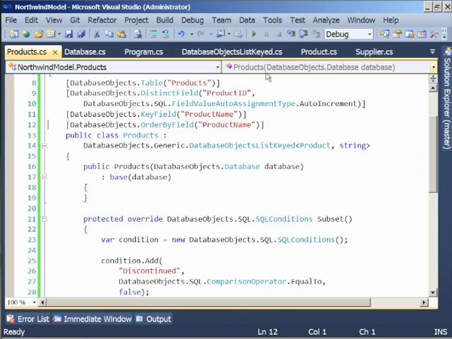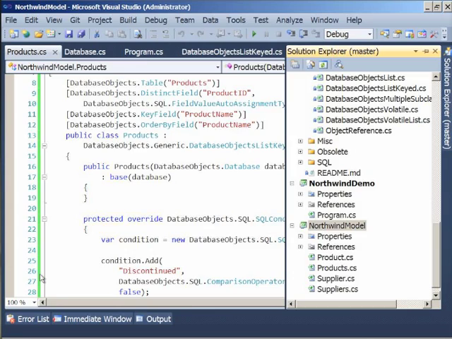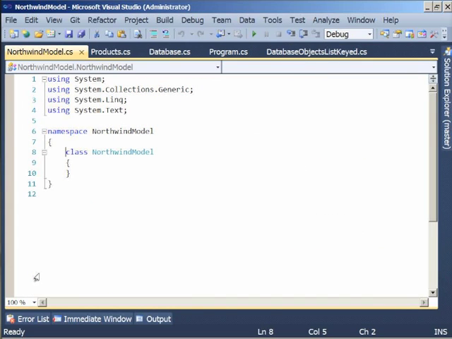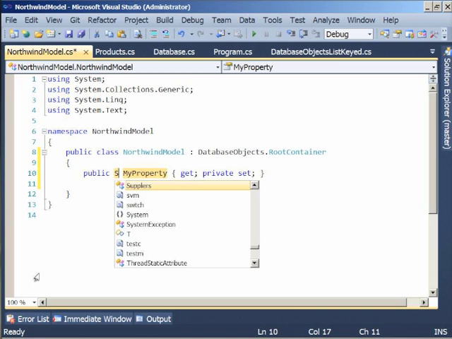Great, so we've got our products class set up, and we can set up a root object which will sort of allow us to easily access all the other collections in the model. So I'm going to set up a Northwind model, and I'm going to inherit from a class called root container. And this actually just contains a database as well, so this can be substituted essentially as a database. So we're going to set up a property to get the suppliers,